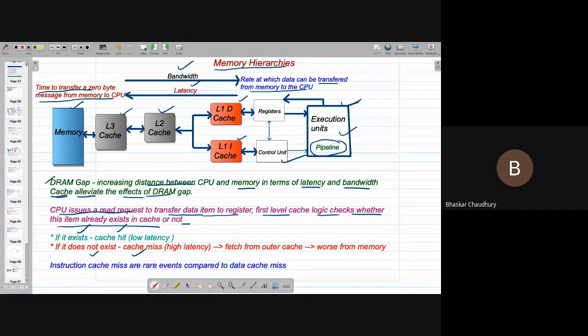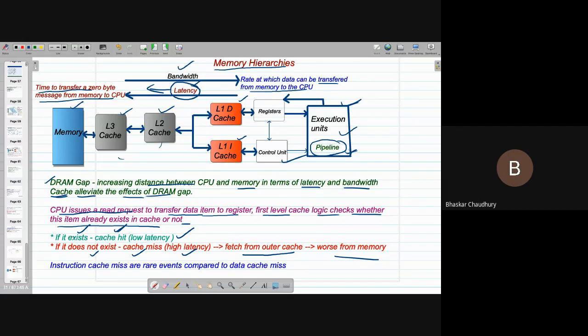Now the problem with a cache miss is that if you do not find the data in the L1 cache, then again you have to go to L2 or L3 or maybe to the memory. So you fetch from the outer cache, either from L2, L3, and in the worst case from the memory. And we can see from this picture that latency increases as you go towards the memory. So if a cache hit happens, you will have a low latency, and if a cache miss happens, you will have a very high latency. And the problem is that the bigger the latency, these sophisticated execution units with sophisticated pipelines are waiting for the data. If you cannot give them the data, then they are not so useful.